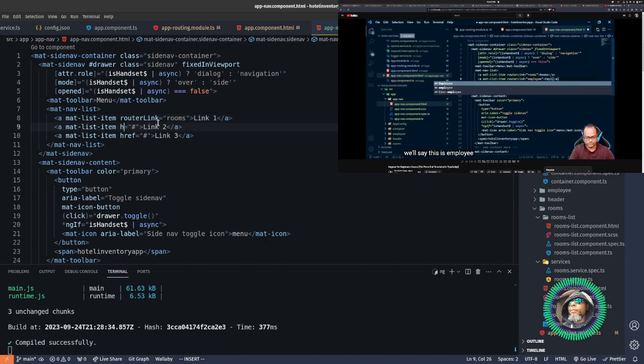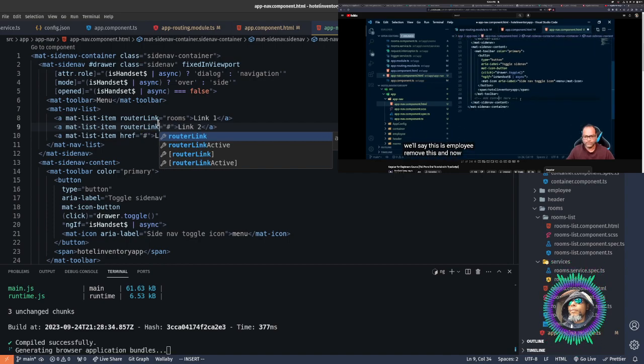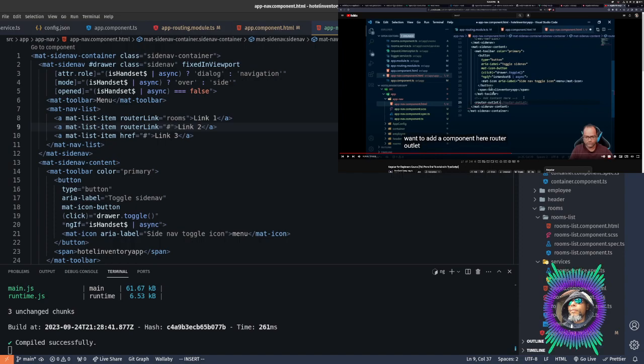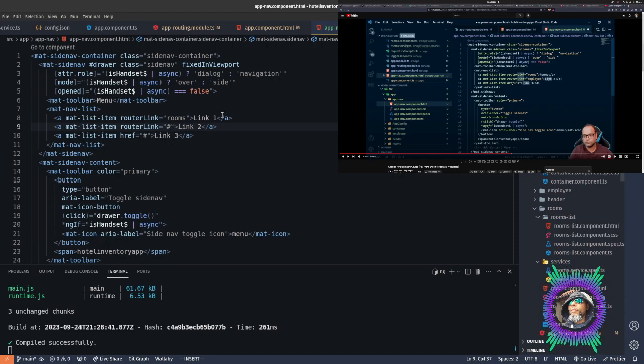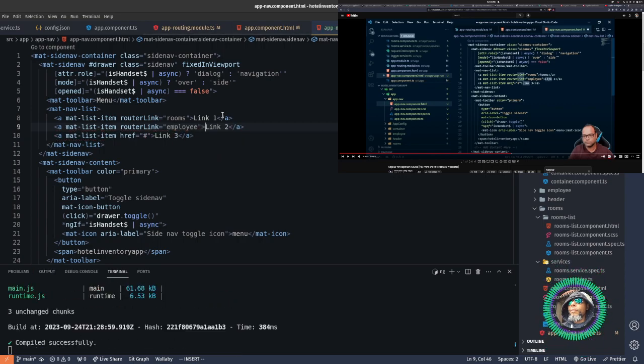We'll say this is employee. Remove this, and now we want to add a component here, router outlet. Wait, go back. I want to see that again. Okay, there we go. routerLink to is employee. Okay, automatically seems to know that. Nice. And we will say rooms,